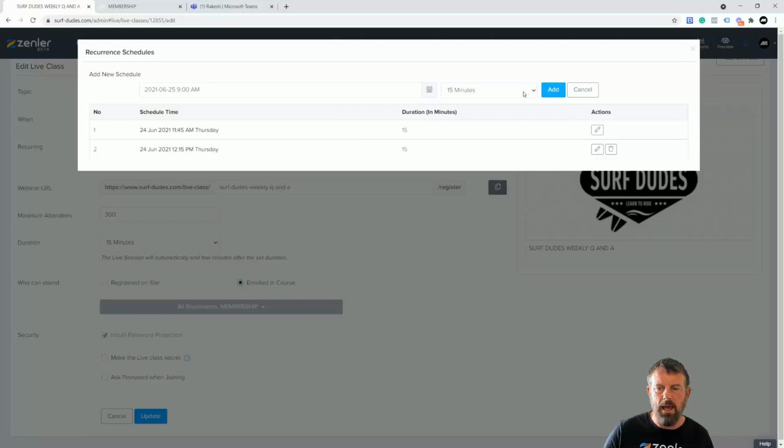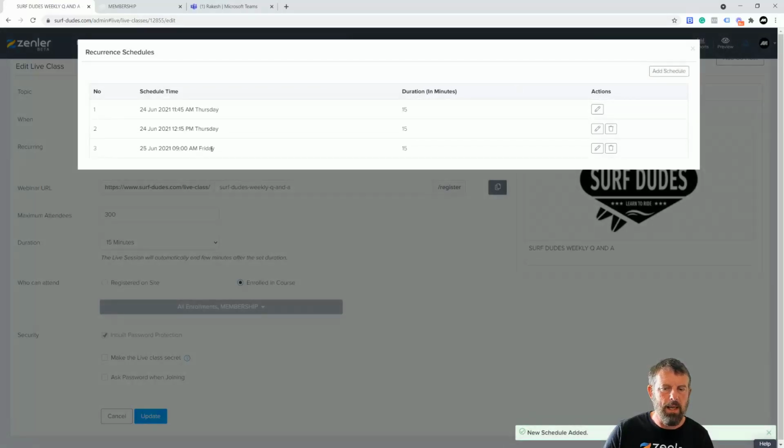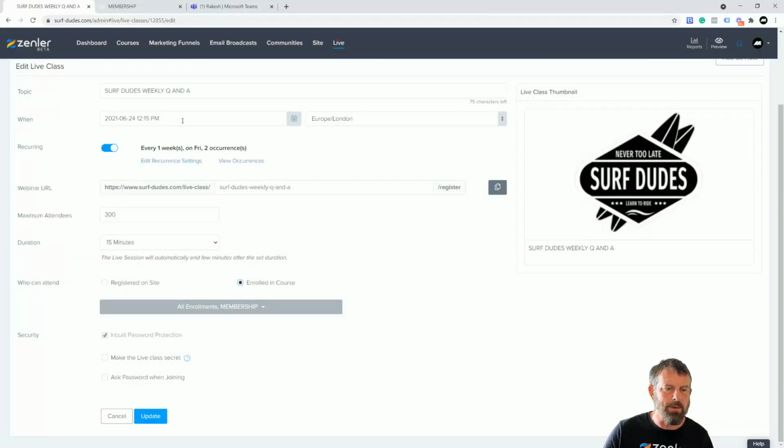When I click add to that, you're going to see it's going to appear in here. So I just need to make sure this time matches the time in there. So 9 o'clock on the 25th. So I'm going to come into here, I'm going to click the 25th, I'm going to go down to the 9 o'clock, making sure it matches, and then I just need to click